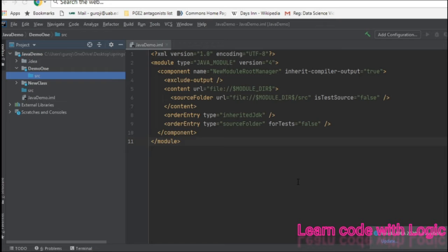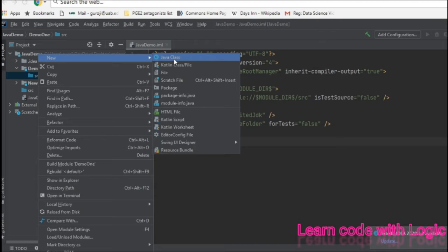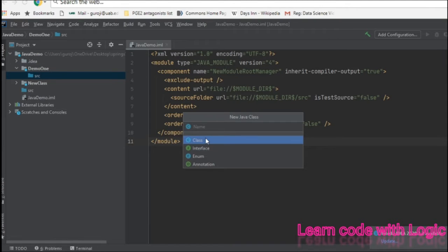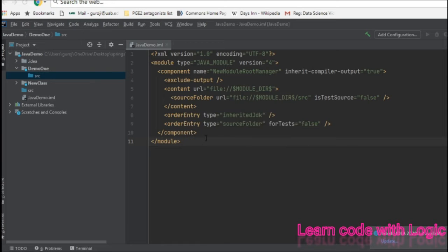Because if you are watching as a beginner, it's gonna be tricky for the first class. But in this tutorial, I'm not teaching any code, just installation and a demo of how to run a program. So don't worry, just focus on what I'm doing. That's it. Click on SRC, new, and Java class. Give the class name, test,